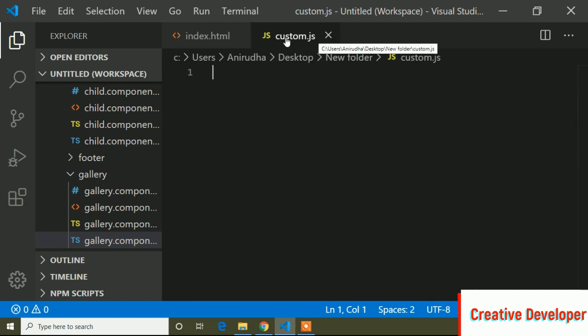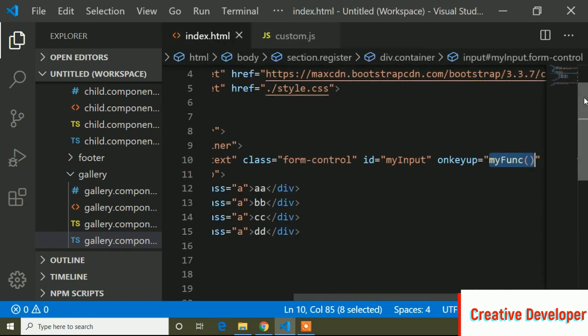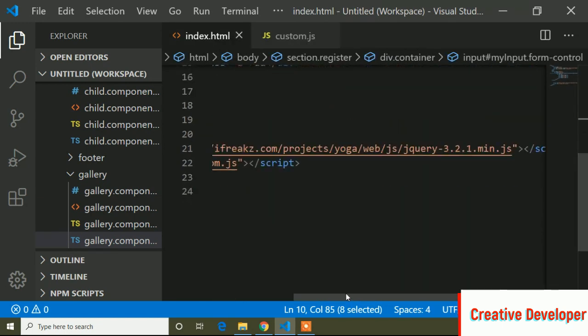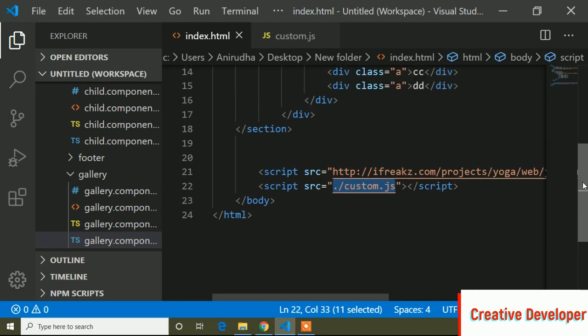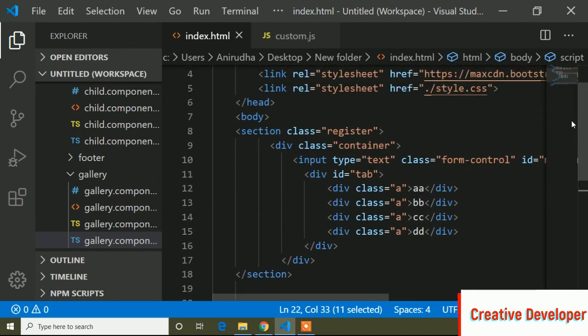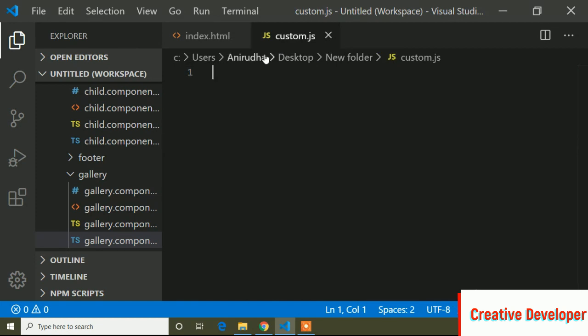I have a custom JS page. You can create another JS page and add the link of custom JS here. You can see the custom JS page link, and now I will paste.